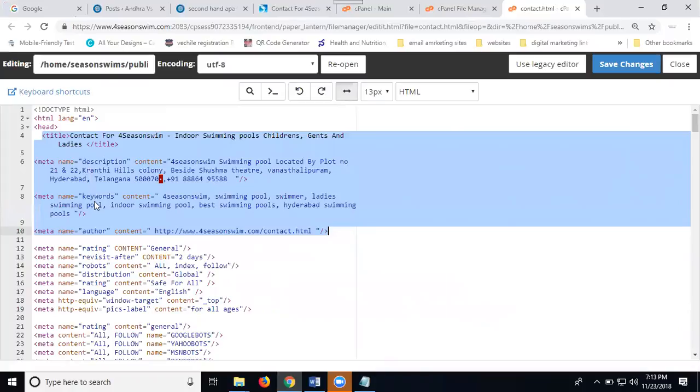You can write in Notepad for each and every page. You can send it to the developers to update in your cPanel. Any company is not providing proper cPanel details, since it is totally secured. So for each page you can write a proper title and description, along with keywords and author name. Send each and every page to the developer. They are updating the cPanel.